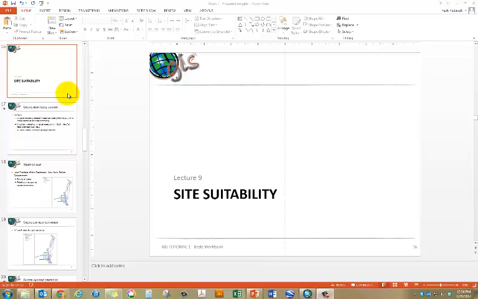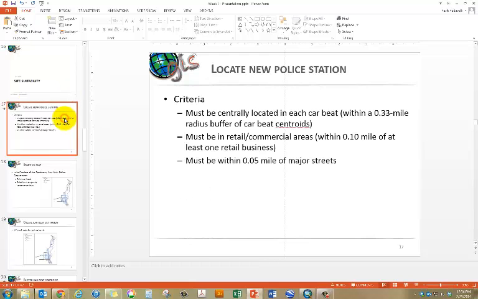Site suitability analysis for a facility location is sort of like a classic example. So in this exercise, what we'll do is try and locate a new police station, and we have been given certain criteria: it must be centrally located within each car beat district, and then within a 0.33 mile buffer radii of each car beat centroid,